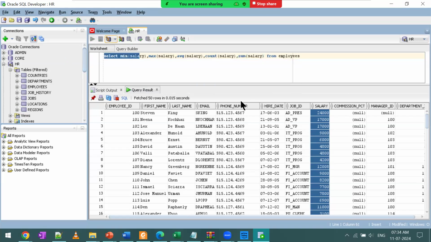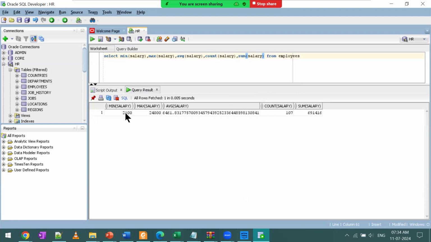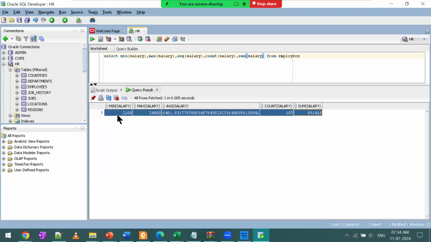So on a single column, I can get minimum, maximum, average, count, and sum. These are all valid values, meaning they have proper meaning. So out of salary, there is a minimum salary for a particular